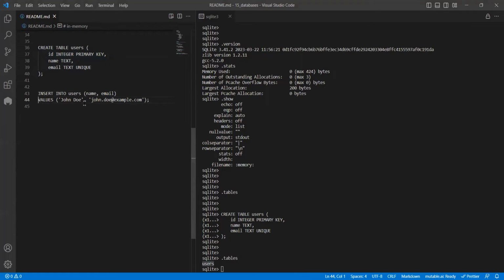We can write in multiple lines also. So insert into table. What are the table names? For what all columns you want to insert? What are the values you have? If I do this statement, and you see now,